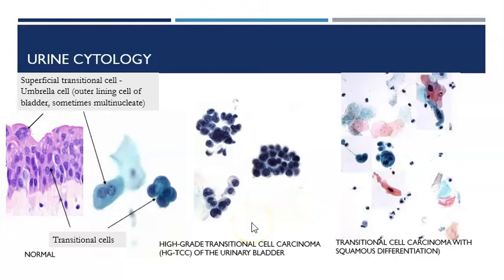And we've got some high-grade transitional cell carcinoma from the urinary bladder, and here we're seeing cells which have quite variable nuclei, prominent nucleolus, that seem to be growing in clusters rather than just individual cells which have detached. So that's a sort of feature that we'll be looking for. It's a particular variation from cell to cell, and prominent nucleoli, very small cytoplasm. And we sometimes see this with